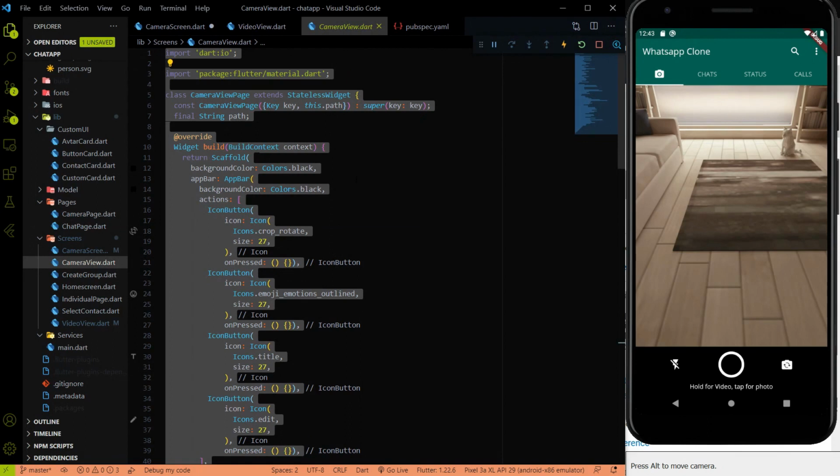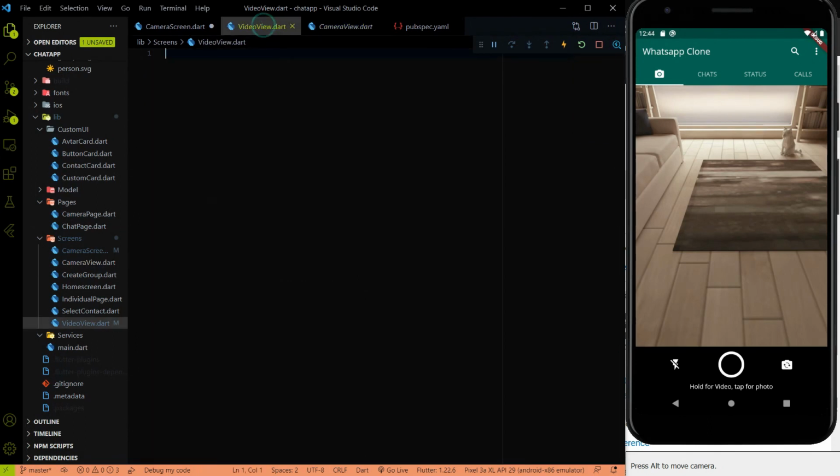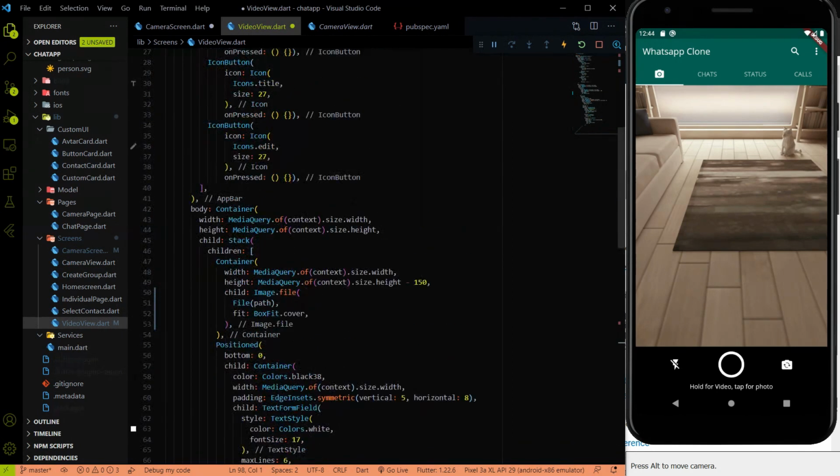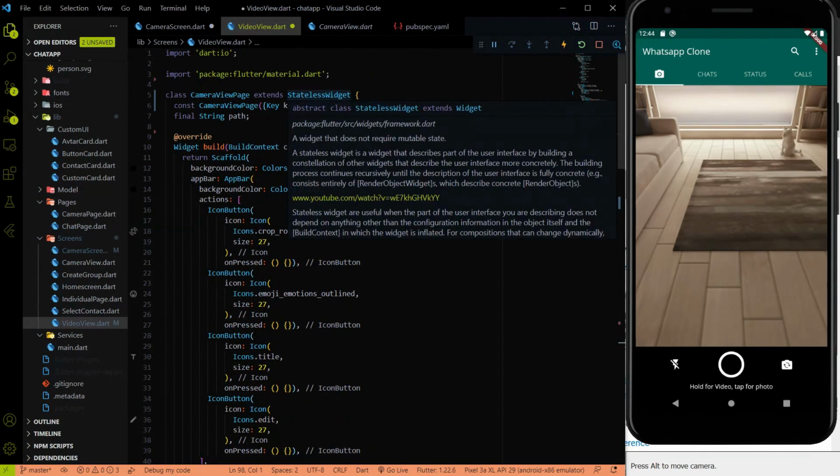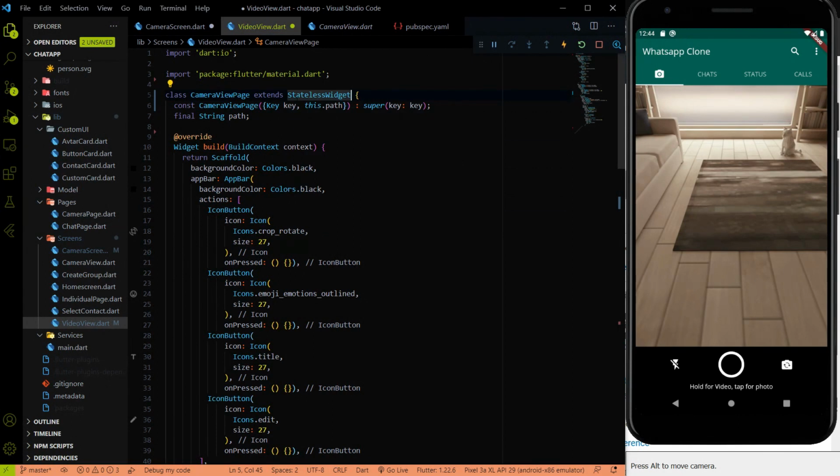Okay, so this camera view code you will get in the last video which we created, and I'm going to paste the whole code over here. But first let me change the camera view name to video view, because we have to play the video, that's why I'm creating a new page. And I'm going to change this stateless widget to a stateful widget.